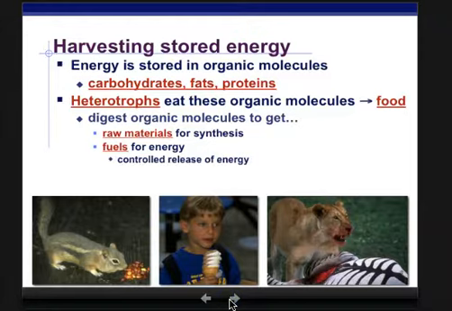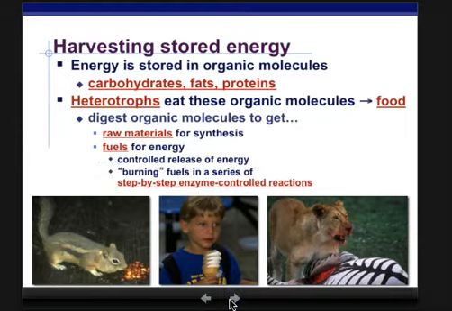And getting energy from food, we're talking about a controlled release of energy. Okay, it's a step-by-step enzyme-controlled reaction, because you don't want to just have an explosion of ATP all at once. It needs to be sort of managed so that the ATP can be utilized properly and so that the food